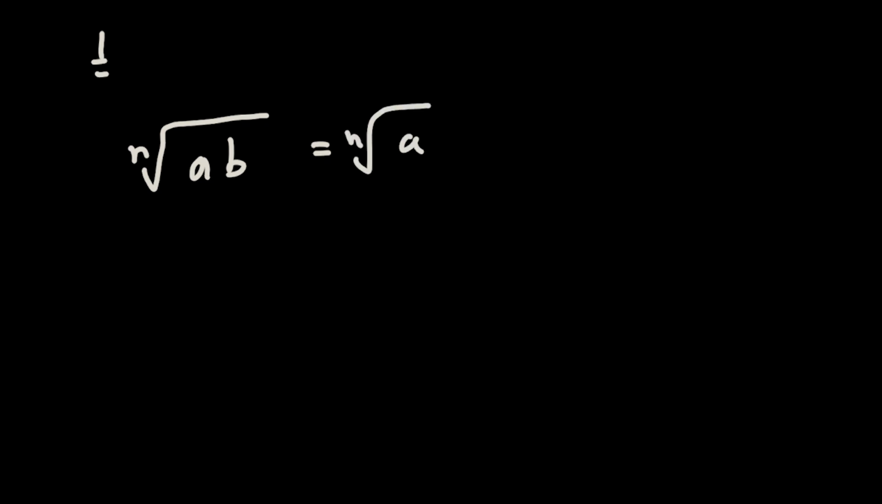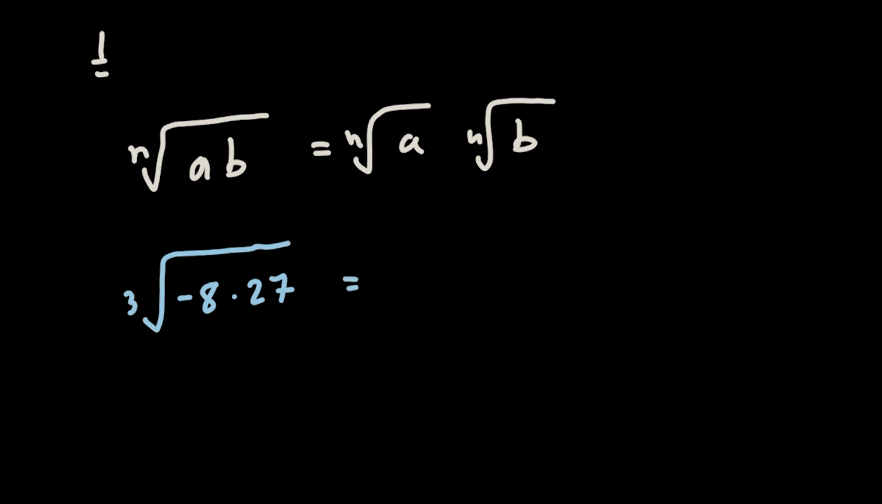Let's see the properties of roots. The first property says if we have the nth root of a times p, that would equal the nth root of a multiplied by the nth root of p. Let's see an example. If we have the third root of minus 8 multiplied by 27,